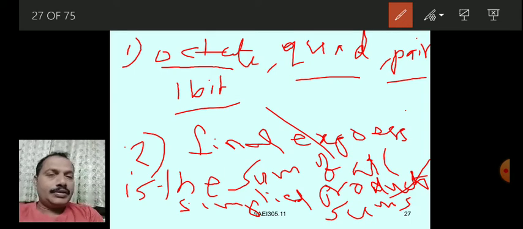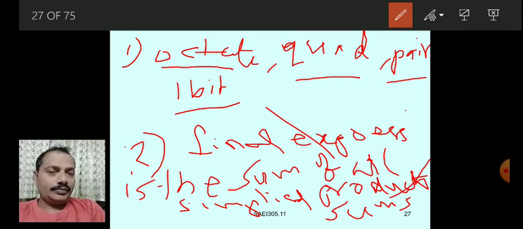So these are the two steps you have to follow in simplifying a Boolean expression using a K-map.